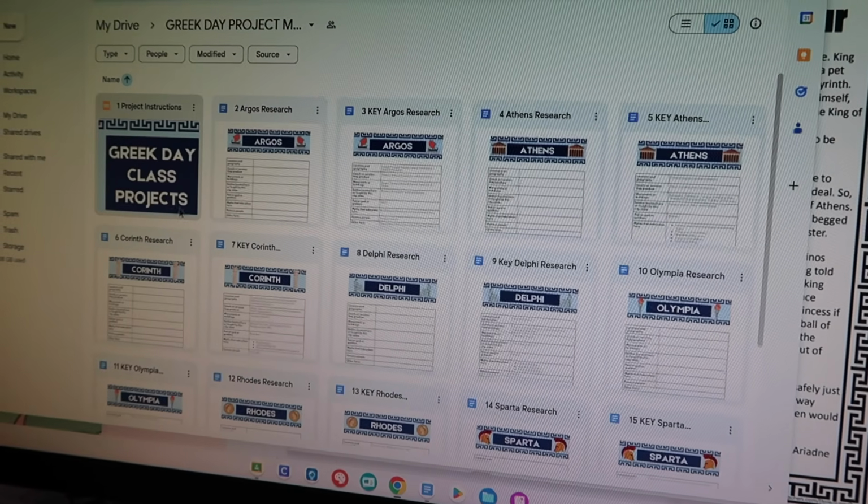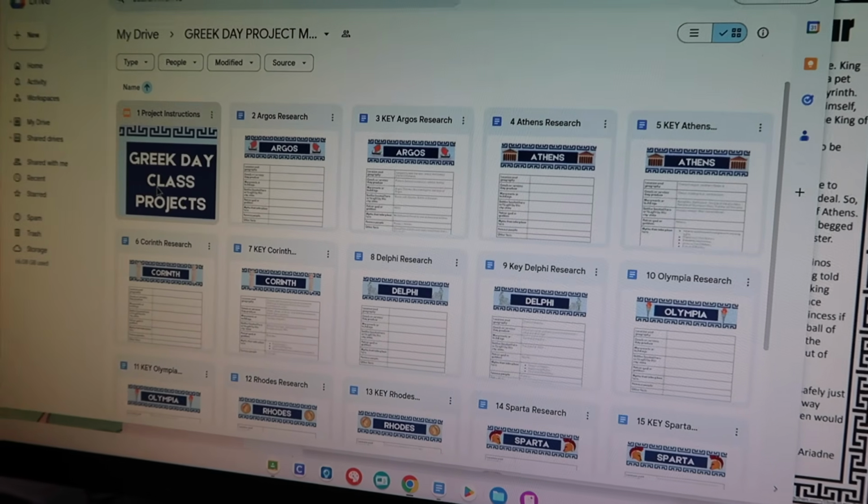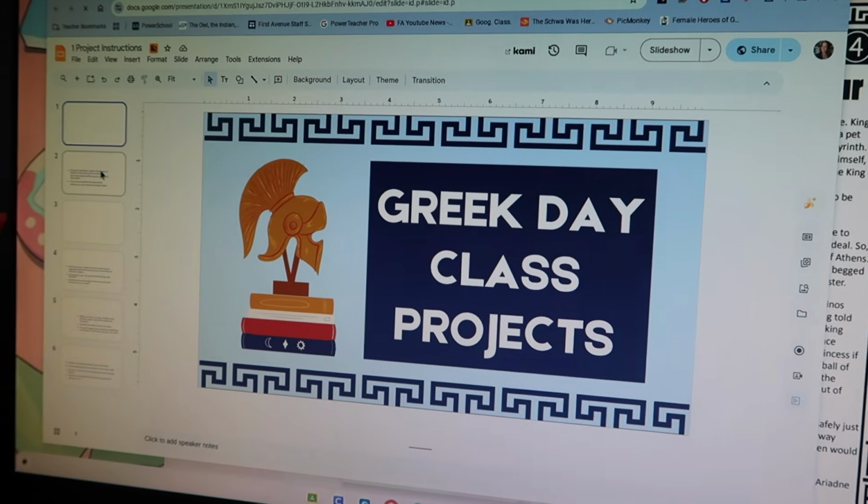I've had this done for a while and I still have not put it up on Teachers Pay Teachers. I will. It's gonna be linked. This is me backing myself into a corner. I have to put it up. Let me show you what it looks like on my computer. Okay, so I created this last year just for my colleagues to make it a little bit easier, and I will put all this up.